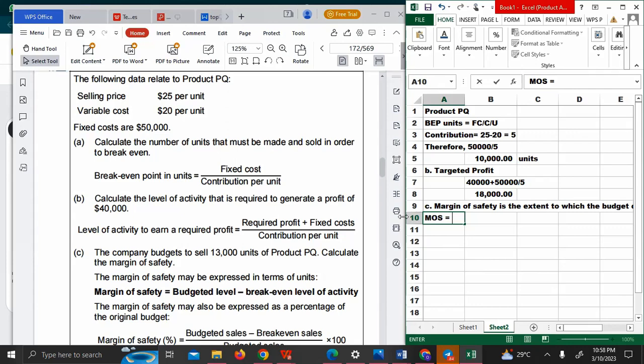So the extent to which you exceed your limit is called the margin of safety, because at that point is how safe you are. If 50,000 becomes 55, you are still safe. If it becomes 60, you are still safe. If it becomes 70, at that point you can still exceed your break-even point. That's when what you have is actually greater than the point at which you have a loss. So the budgeted level here is 13,000, abi? And what's our break-even? 10,000, abi? So it means our margin of safety